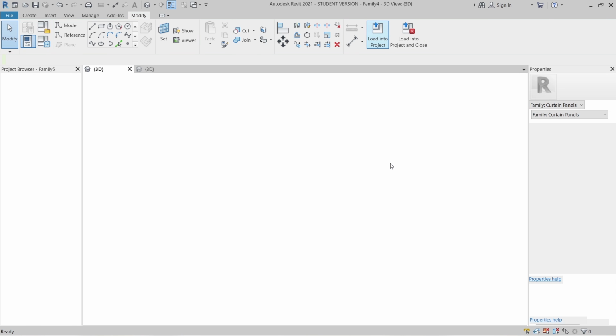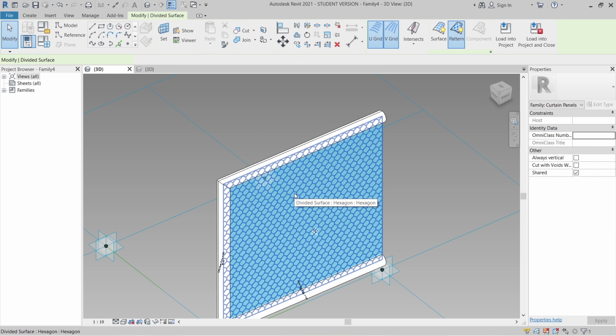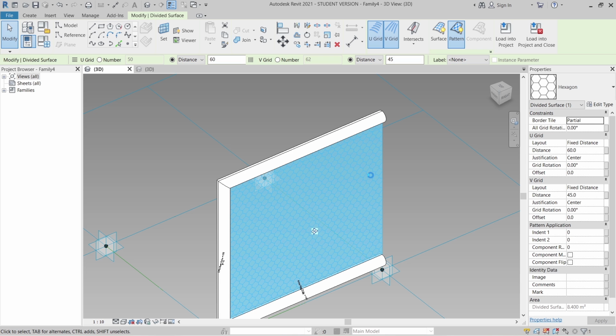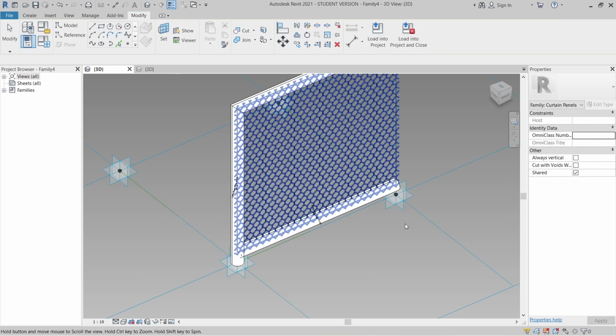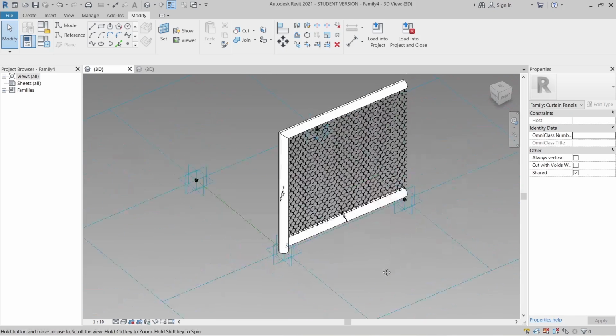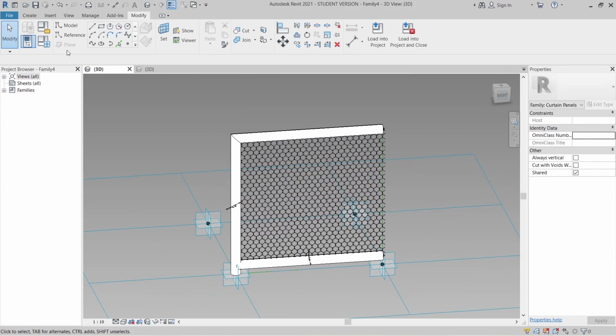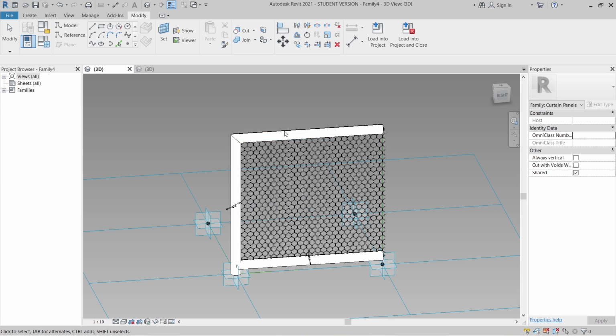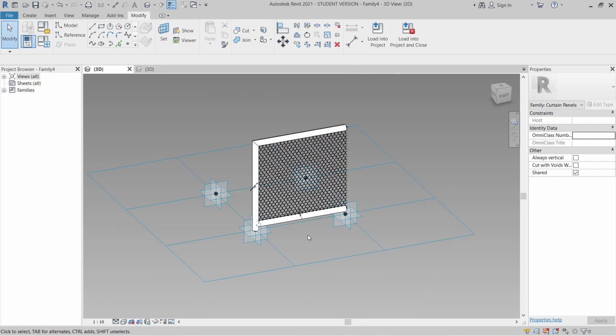I can load into our project here. Then simply select my panel, drop down for hexagon. As you can see, here is our family file for our wire mesh there. I can select here. So file will be generating become wire mesh. Still, hit escape a couple times. As you can see, it's quite realistic for our wire mesh still there. Let me change structure to, okay, we just leave it like this. I don't want to change actually. 100 is enough for that.